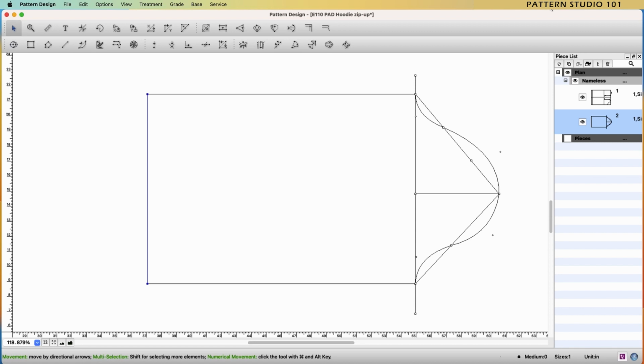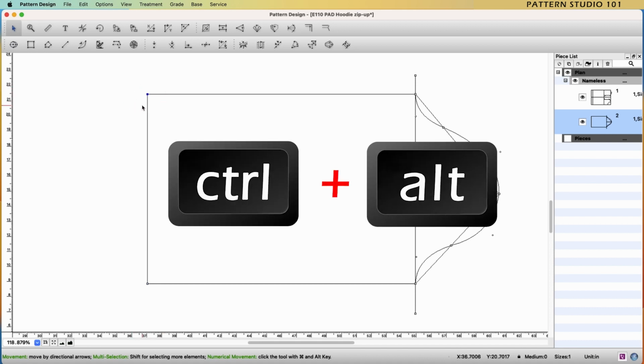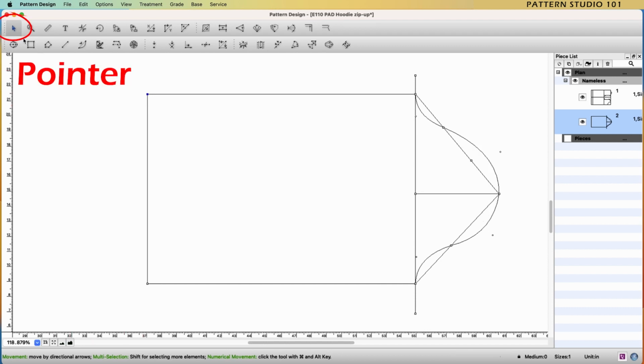Then you can calculate how much you want to take out on both sides to make your sleeve hem the measurement you want. So select 1 point, hold down the Control and Alt keys both at the same time on your keyboard, and click the pointer tool.